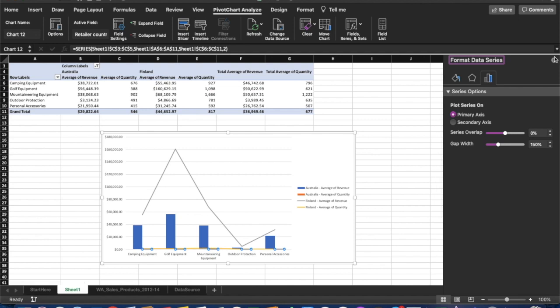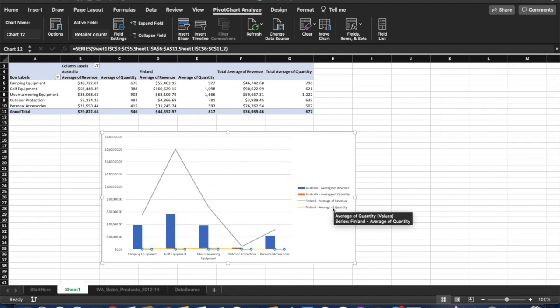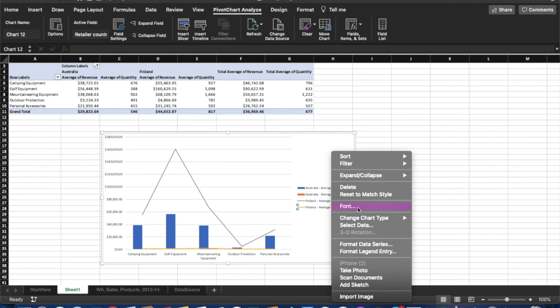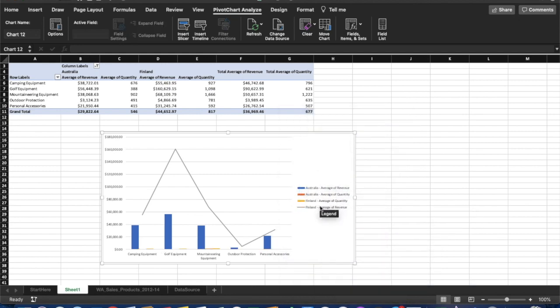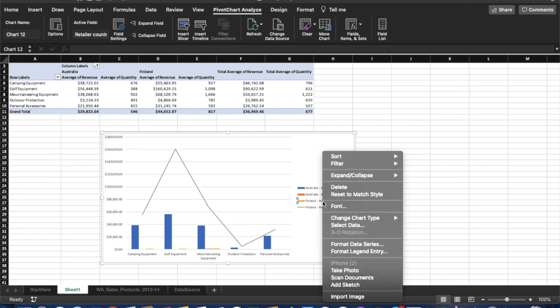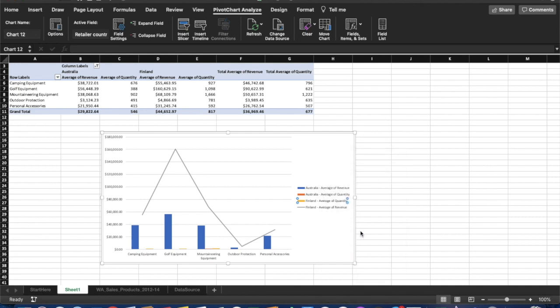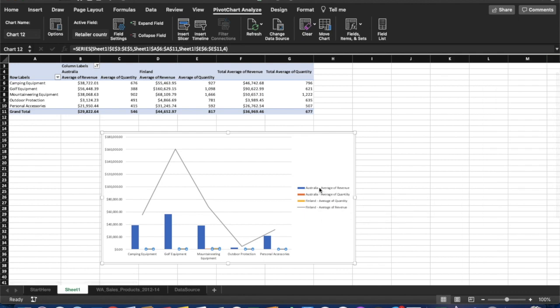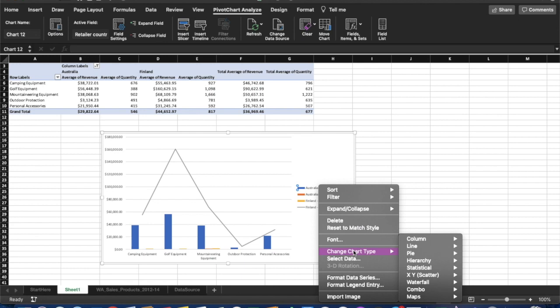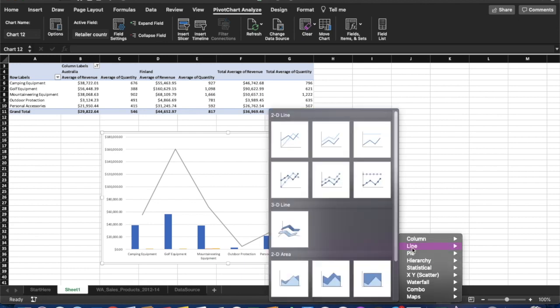And then we're going to make sure that the quantities are on the primary axis and that the revenue is on the secondary axis. So for that, we have to double click again, Control left click, and then we're going to click on Format Data Series and make sure that's on primary axis. I'm going to do the same thing for revenue, but instead we're going to change the chart type to a line,